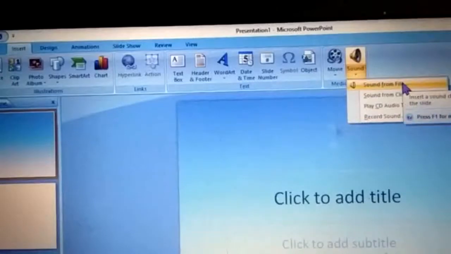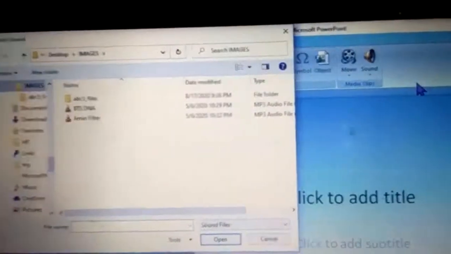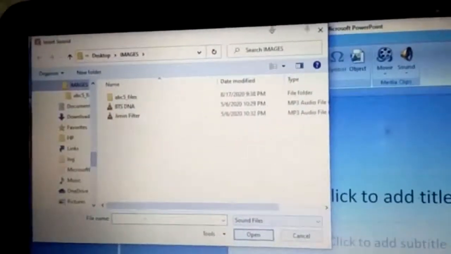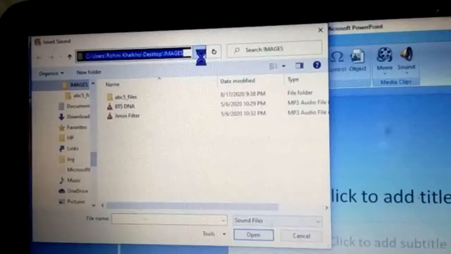Right now I'm only using Sound from File, so I've already stored a file. Maybe in my PC there are many files, so we will select from it. When I click on this, a new dialog box appears. So basically, you need to insert sound, and this is the part. You will browse from here. I can go to this browsing option, and the dialog box will open with all the details.